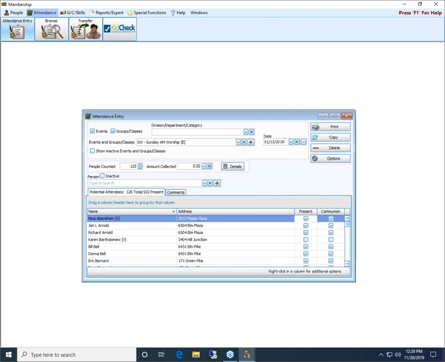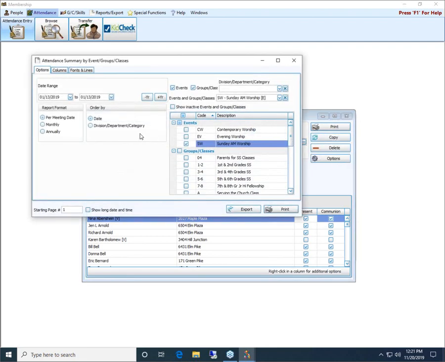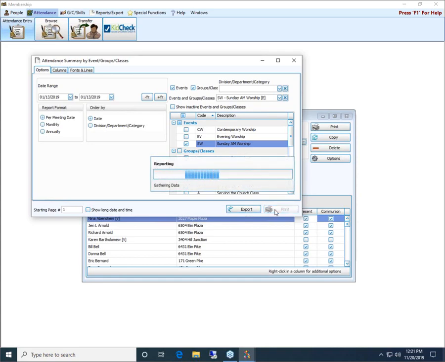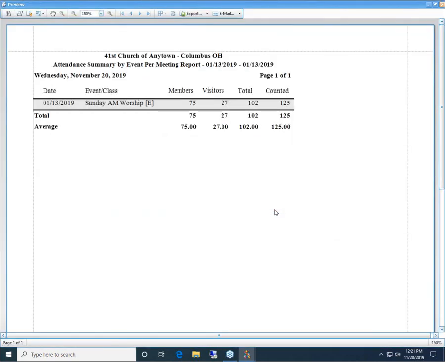And then if I pull that up on screen, if I want to, I can just hit print. I can do any of these items, reports, labels, or email, or let's just look at the basic summary by event. Here we see it already filled in the date, shows the event for me. You could go to columns and change those if you like. We'll just hit print. And we have a nice condensed report of just a summary by event